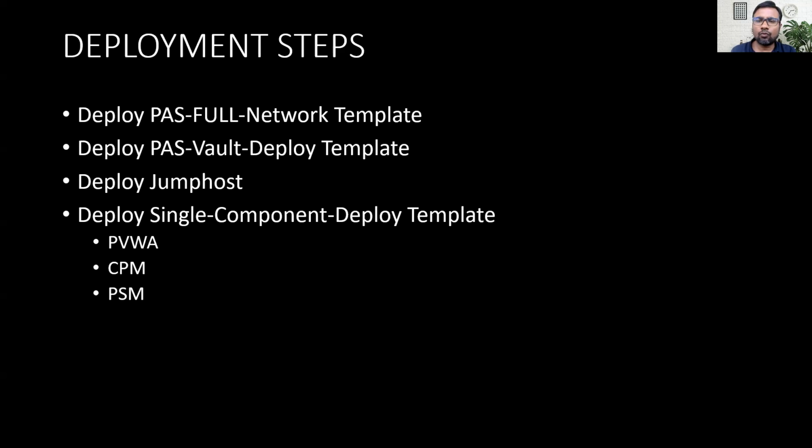Once you do that, once everything gets deployed, then as a last step, we will be accessing the PVWA URL from the CyberArk's jump host. And once we are able to do that, then you will be able to validate, hey, entire PAM deployment has gone through okay. So that's it from my side, from the presentation perspective. Let's jump onto the deployment.